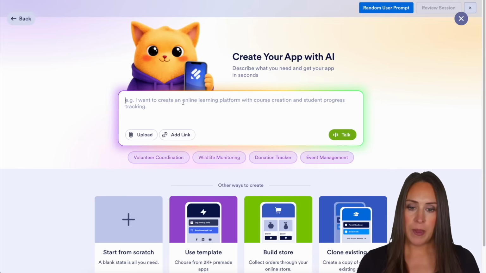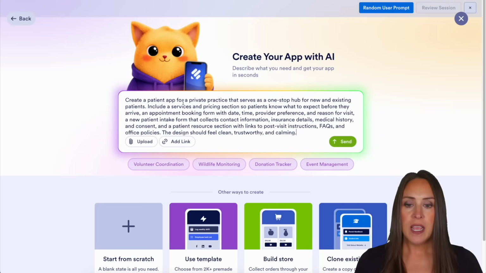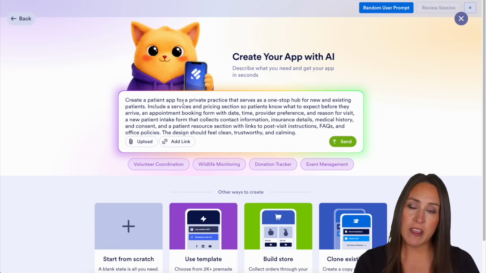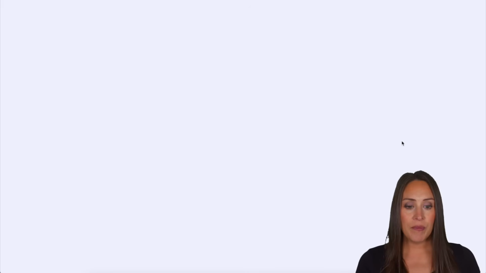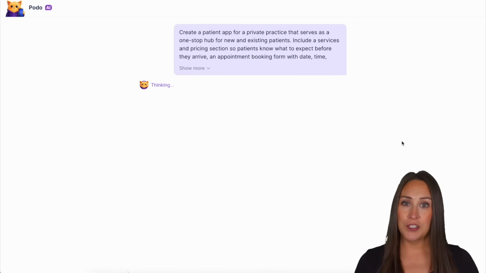So I'm going to go ahead and paste in a prompt I have pre-typed, and you can see it's not much longer than the others. It's only a few sentences long, but this is going to be an all-in-one hub for a private practice. I want there to be booking forms. I want there to be patient intake forms. I want there to be links to aftercare instructions, to FAQs, things like that. Just a hub for this place's patients. So let's go ahead and send,